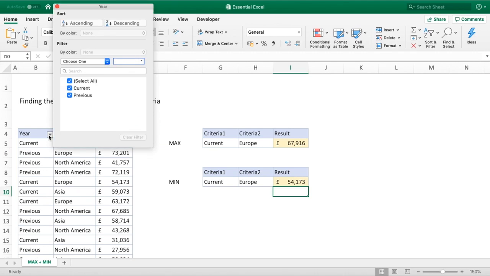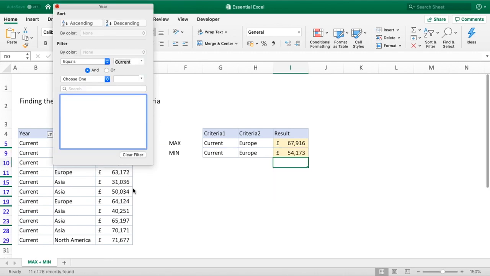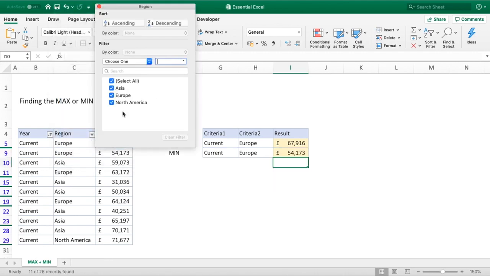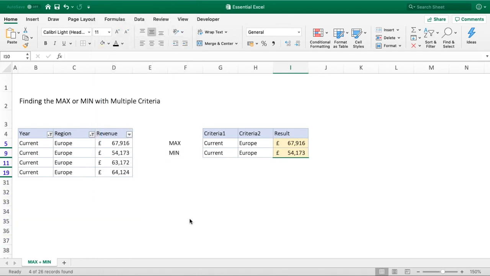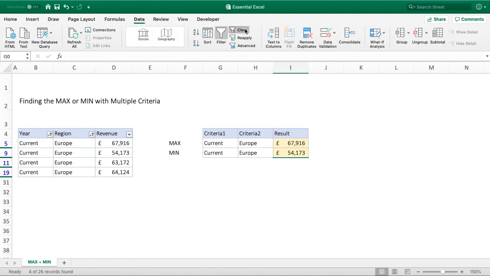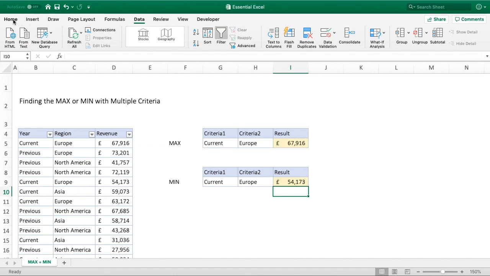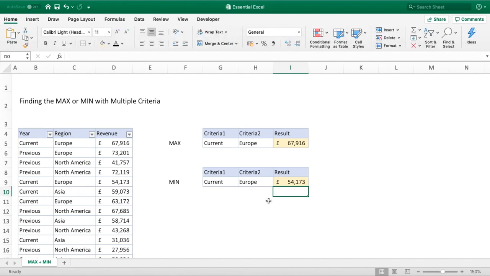We can again get to that by going into our filters, go to current, go into the region of Europe, where it moves around, and we can now clearly see that 54,173 is the minimum value for Europe. And then the real benefit of making these references dynamic is once we go back here, if we want to enter something else, so we want to maybe look at the year for max of the previous year, and we now want to look at maybe North America,